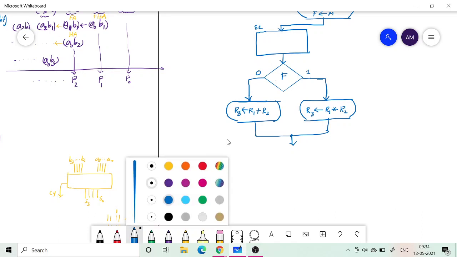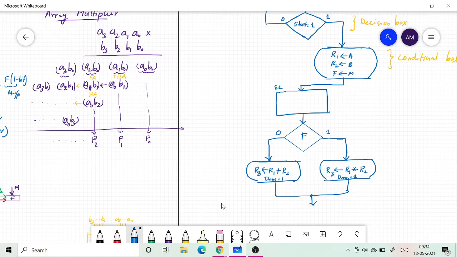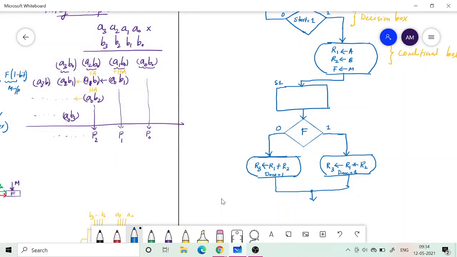So I can specify done is equal to 1. Okay, so after I perform this, I have finished everything that needs to be done, and therefore I can go back. Where should I go back?